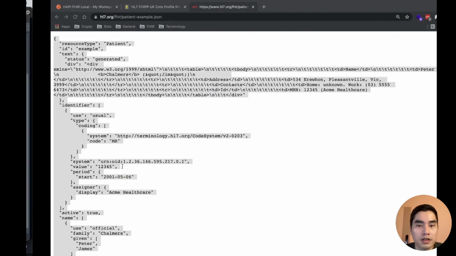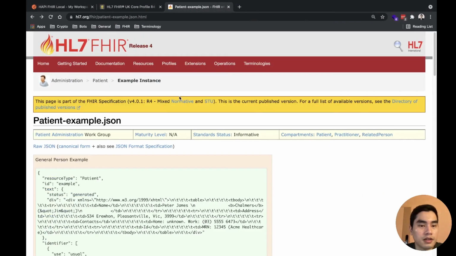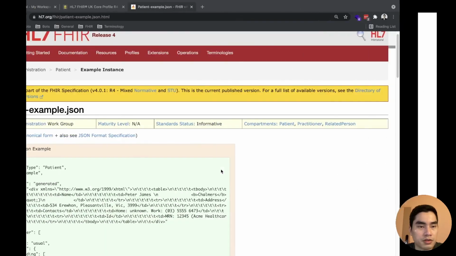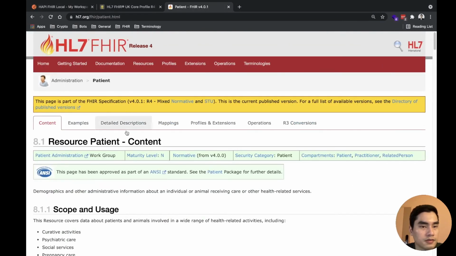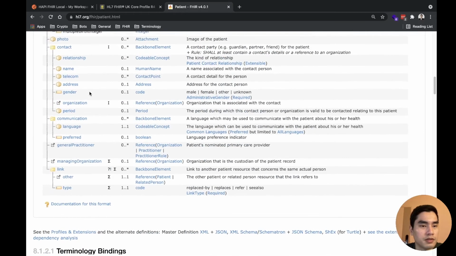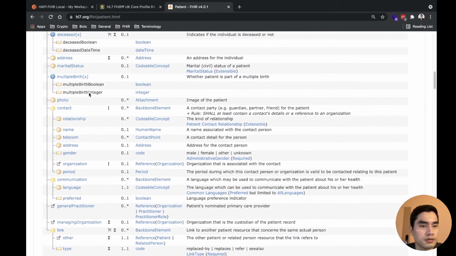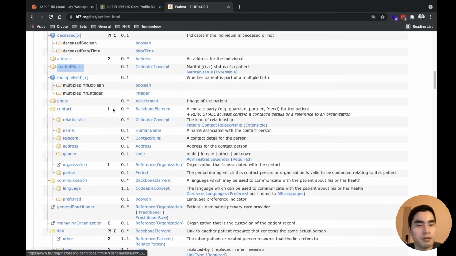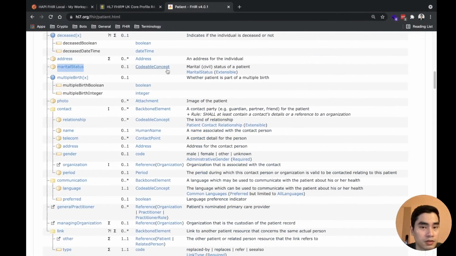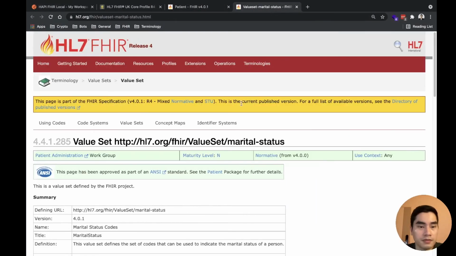But in the profile, I think we need my marital status. It isn't required. Actually, we don't need to put it. But to make it more complete, it's a codable concept with this thing.